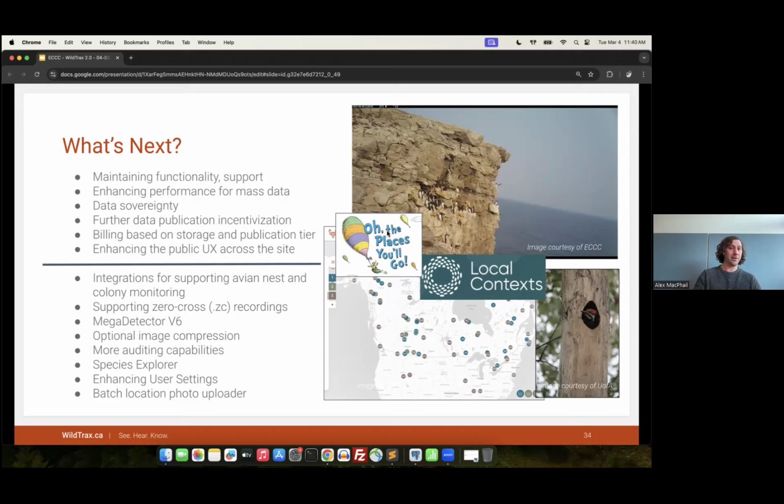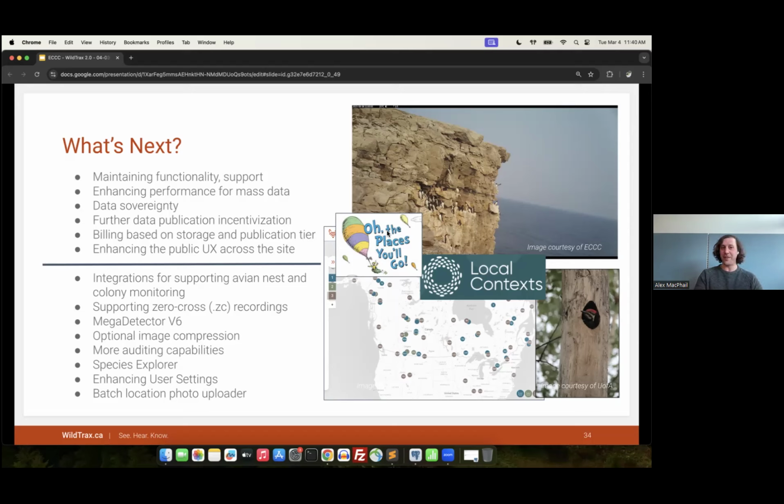Image compression is, of course, another big topic there, as you can tell people are uploading hundreds of millions of recordings or images into the system. Whether or not they all need to be as high quality as they are is another option that people can explore. Some more auditing capabilities is another big piece, making sure that species verification is doing what people need it to do, so that we can provide some better information around the details of when things are changing in the system, how species are being audited, what's the true positive rate of my species in my projects, etc.